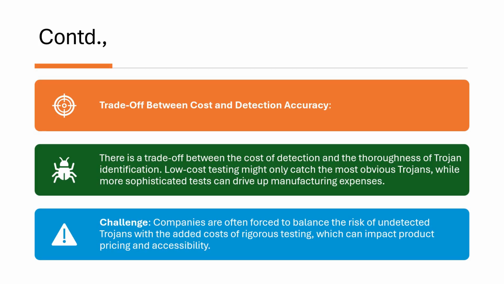Finally, the trade-off between cost and detection accuracy. There is a trade-off between the cost of detection and the thoroughness of Trojan identification. Low-cost testing might only catch the most obvious Trojans, while sophisticated tests and techniques can drive up manufacturing expenses, and may not be affordable by everybody. Companies are often forced to balance the risk of undetected Trojans with the additional cost for rigorous testing. This is one of the most important challenges that we have in front of us, which can impact product pricing and accessibility. All these challenges are there for you when you look into hardware Trojan detection,